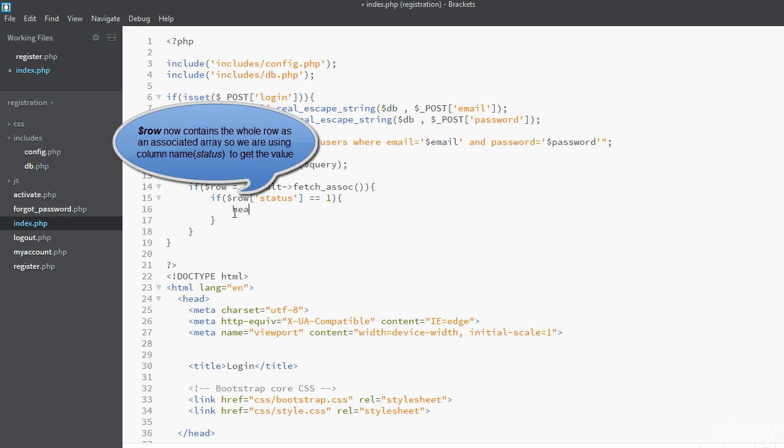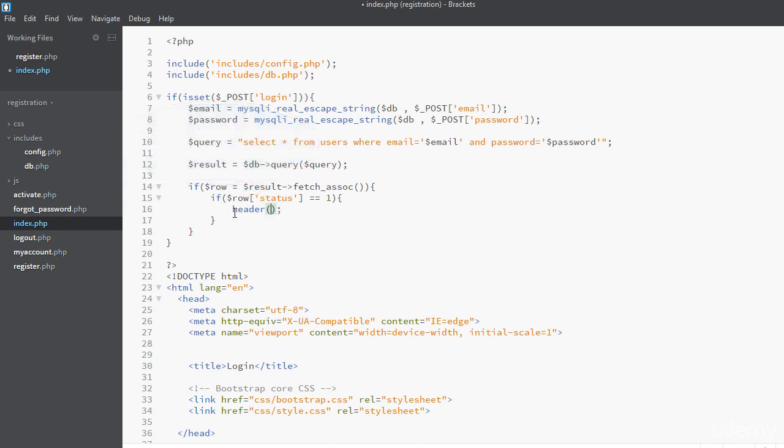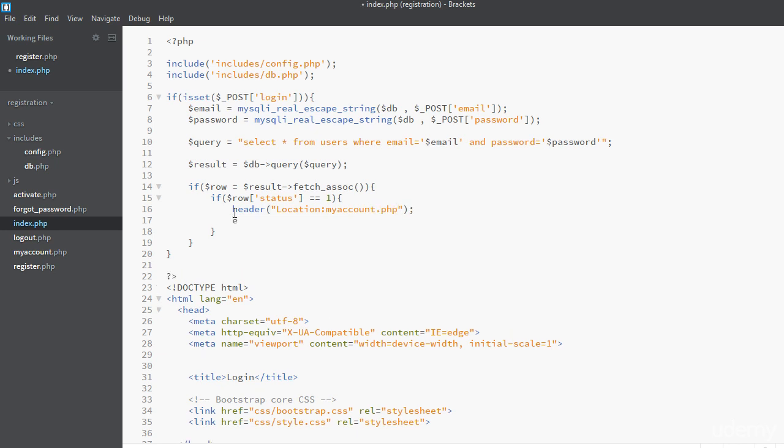So let's redirect the user to the my account page. Location will be myaccount.php and exit,